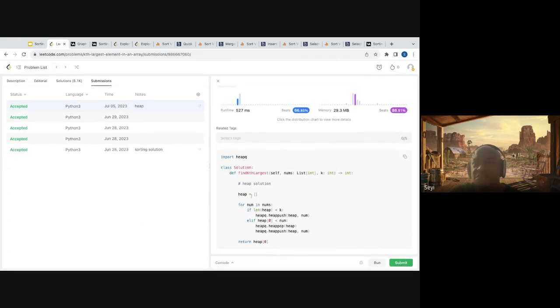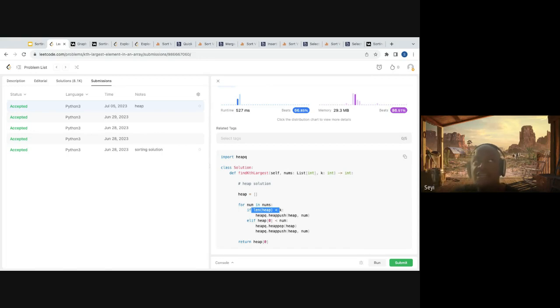So essentially, I just used the heap. But I didn't dump everything into the heap. I used a min heap, right? And I dumped the k largest items into the min heap. Now, because I'm looking for the kth largest item, if I have the k largest items in the min heap, the kth largest item will be at the top of the heap.